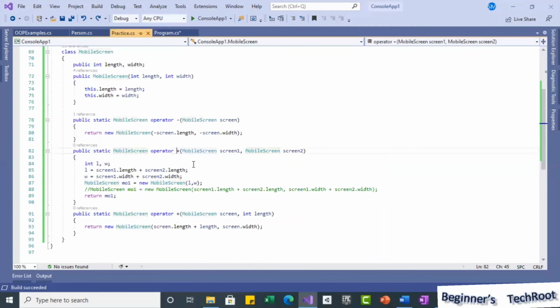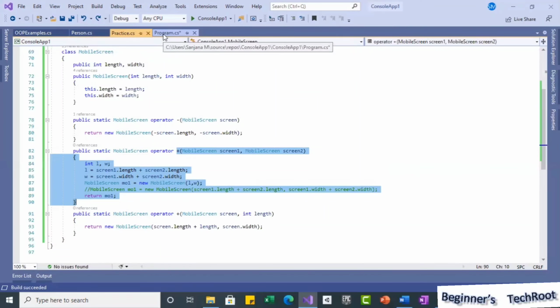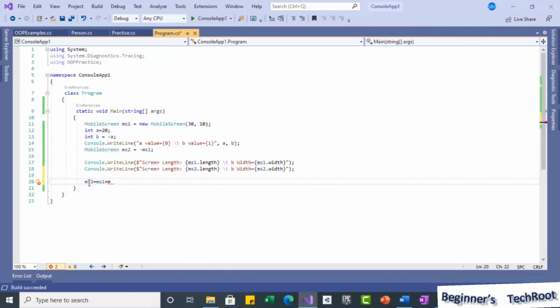So this operator overloading I am trying to call, so that I get the value. For that reason, in this ms2 object, I am trying to assign whatever the values we have in ms1 plus something.